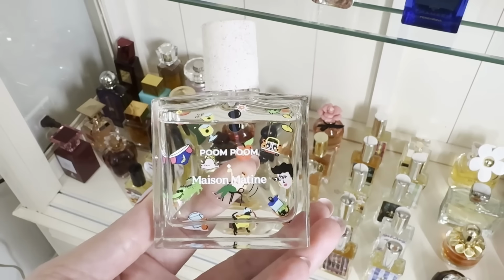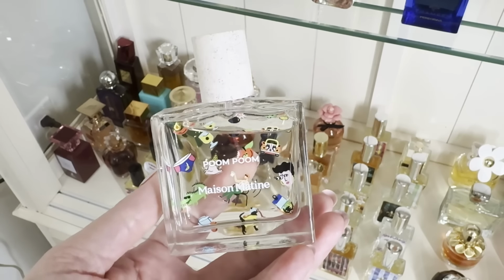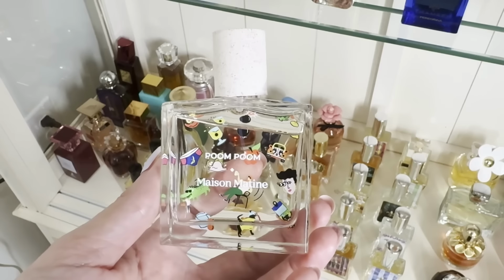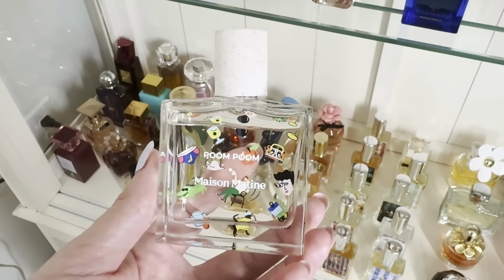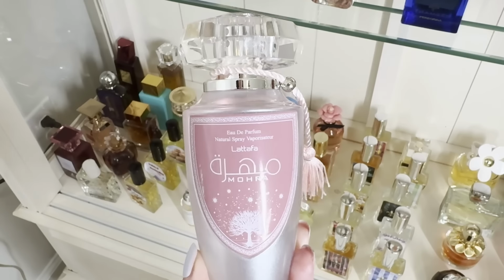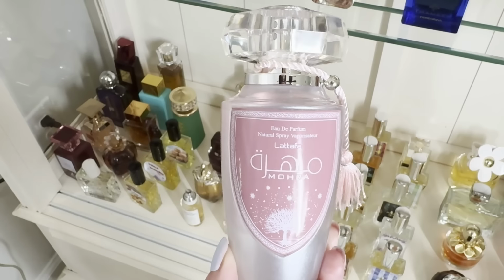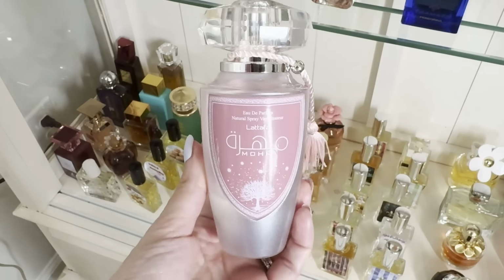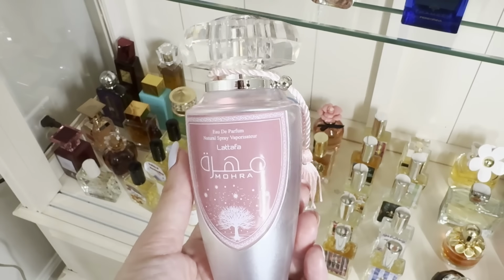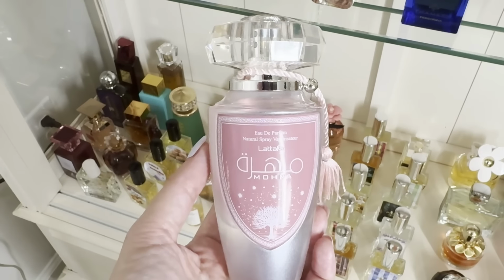Up next we have by Maison Matin. This is Poom Poom. This is so much fun and a beautiful springtime scent. This is a fruity floral fragrance. Very well done in my opinion. This is by Lattafa, and this is Mora Silky Rose, I believe it's called. And this one is super, super affordable. 20 bucks I paid for this, and it smells kind of along the same lines as Dior's Absolutely